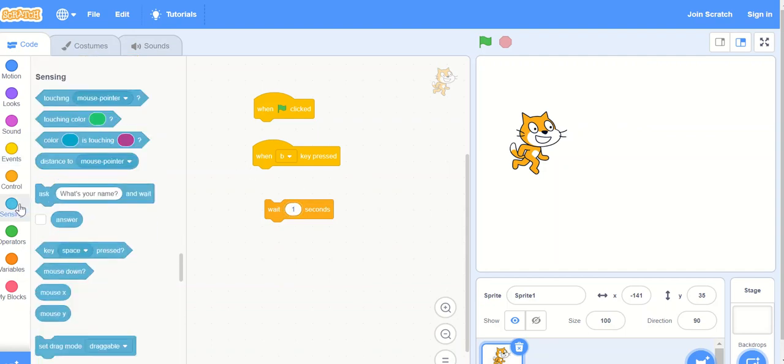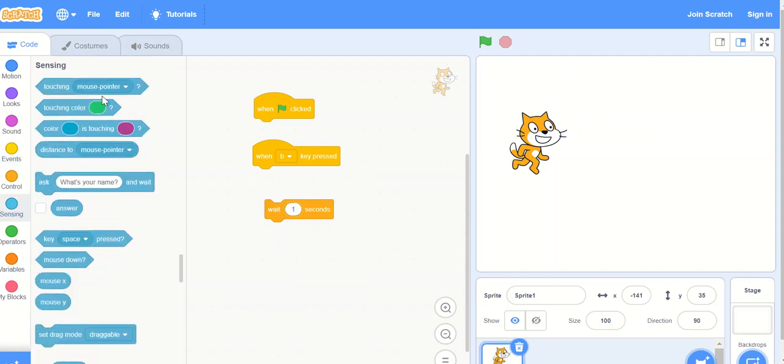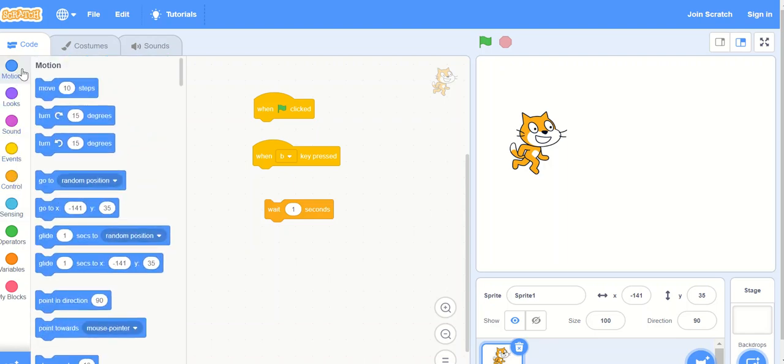After that we have the sensing block. Now this is the new block. We are going to learn a few instructions from this block also, about how sprites can sense. But in the previous class we learned these four to five blocks, and various instructions under these blocks.